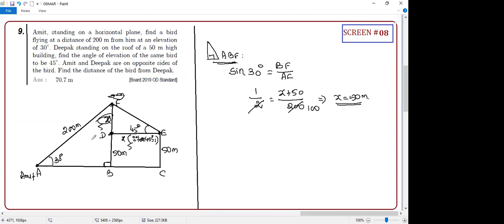Guys, you got x. Now you know how to find your FE. Therefore, FE equal to root of 50 square plus 50 square. What is the answer? 50 square is 2500, plus 2500. Guys, tell me at least for this. I want the answer from you all. What is the answer? 5,000, sir. 5,000, then take the root.